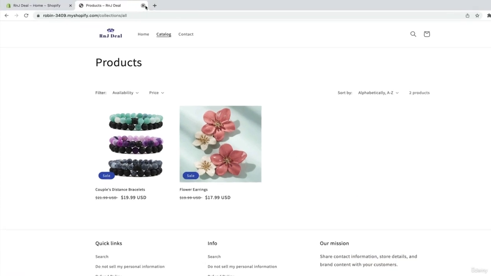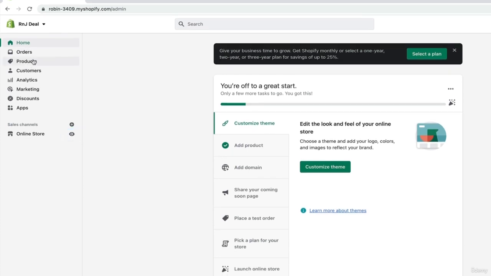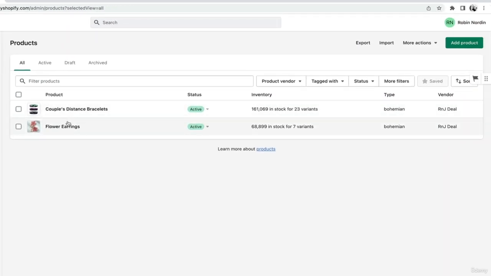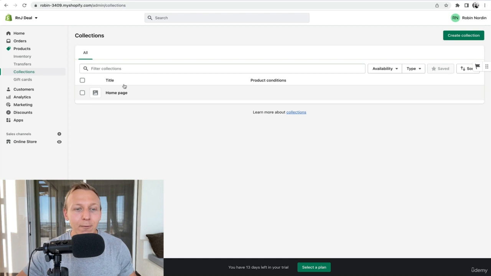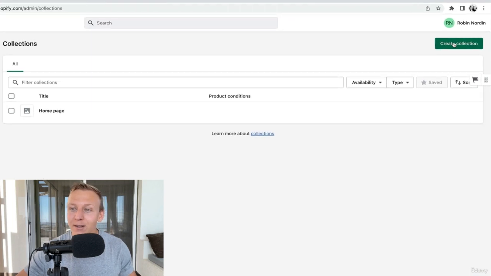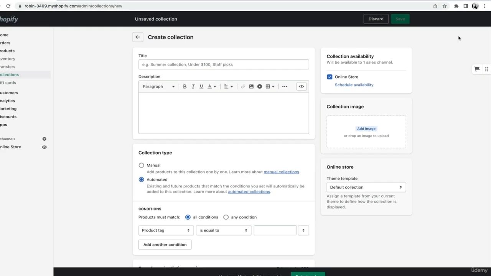So let's close this one down and go back. So we're gonna go over to products over here. And you should see your products here if you imported everything correctly, by the way. And we're gonna finish these up and make them look a little bit better in the upcoming lecture. And then we're gonna go down to collections. And in here, we have currently a collection called homepage, and we just watched our homepage and they're already there. But we're gonna go to the upper right corner and click on create collections because we wanna make a couple